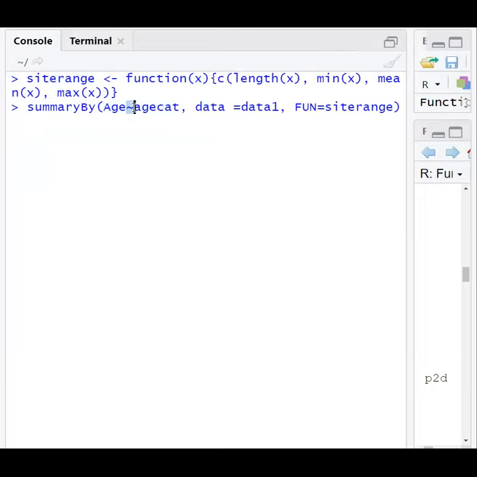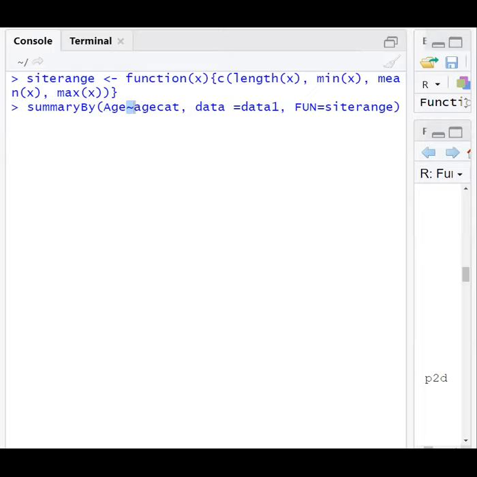So this is a particular symbol in R. Now what does this symbol indicate? This symbol in the R programming language indicates it is a formula. So it's a special data type.